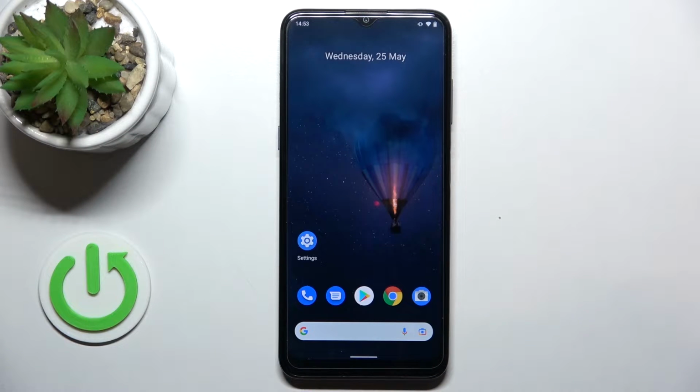Hi everyone, in front of me I've got Nokia G21 and let me share with you how to set camera